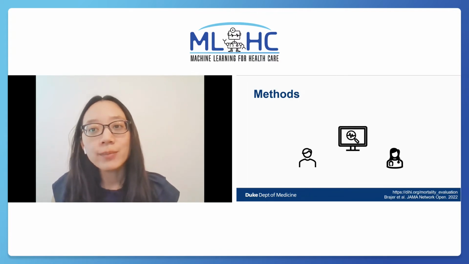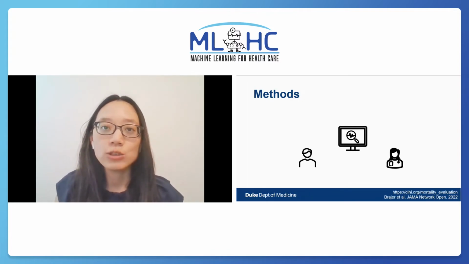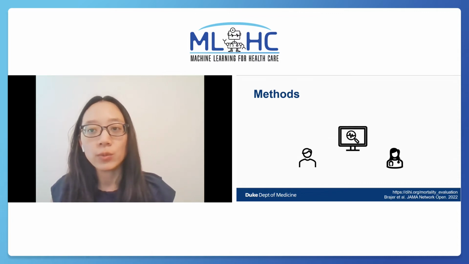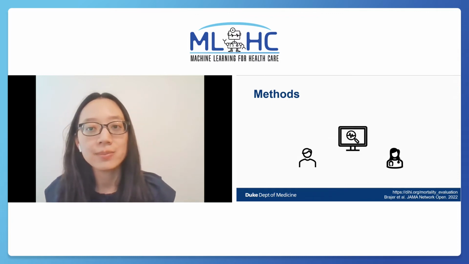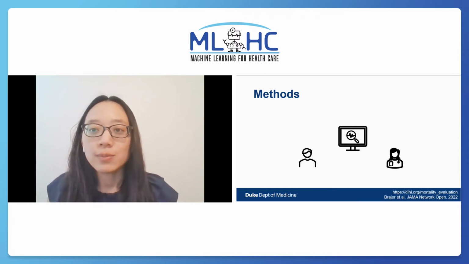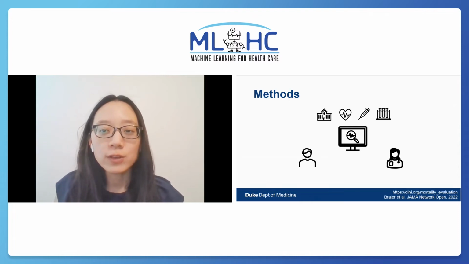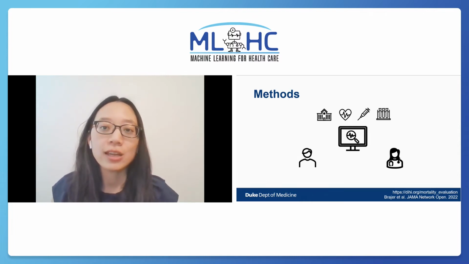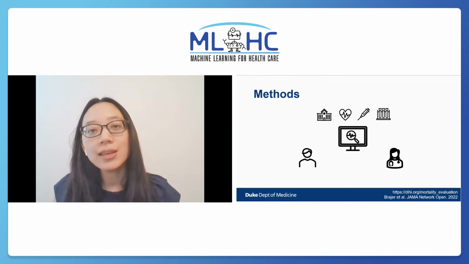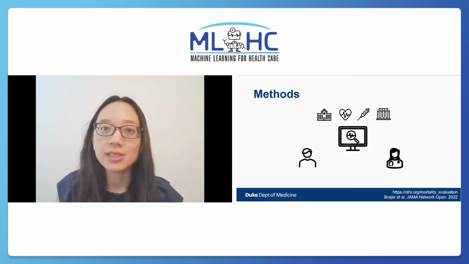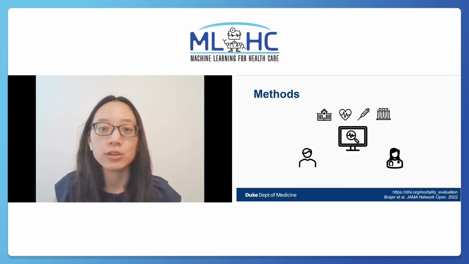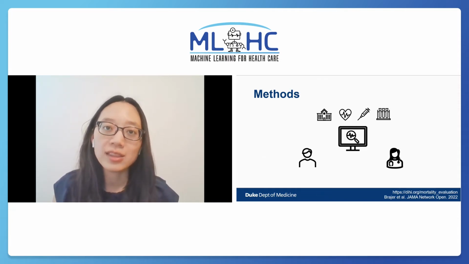We use a validated model developed by the Duke Institute for Health Innovation to identify patients admitted from the emergency room who are at high risk of death at 30 days and 6 months. The model includes patient history and pre-admission features such as prior encounters, diagnoses, procedures, medications, and laboratory values to predict the likelihood of a patient dying during an inpatient hospital stay within 30 days of admission and within 6 months